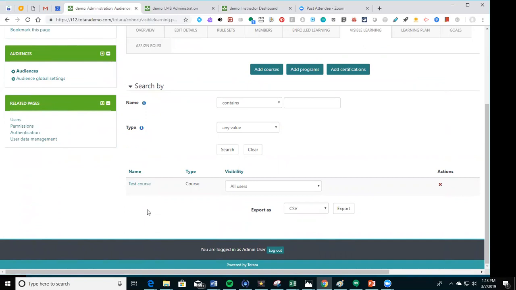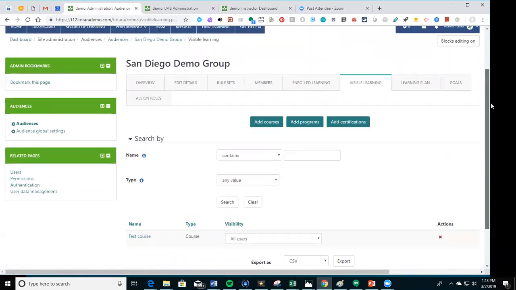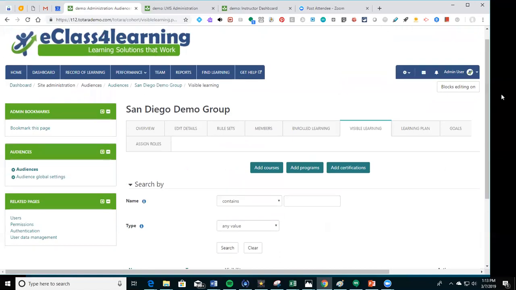Okay, so you can set up very personalized catalogs based on job type or department or some other factor that you've set up the audience for. Okay,